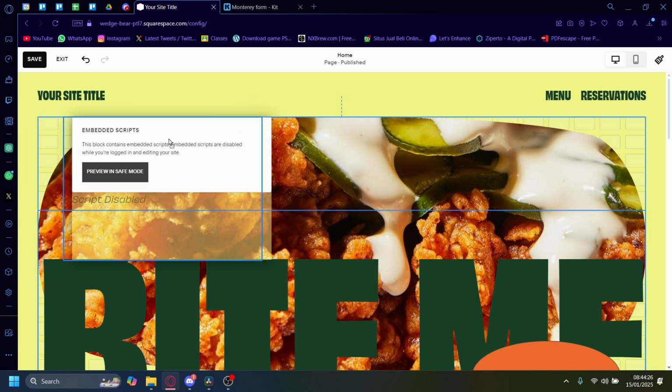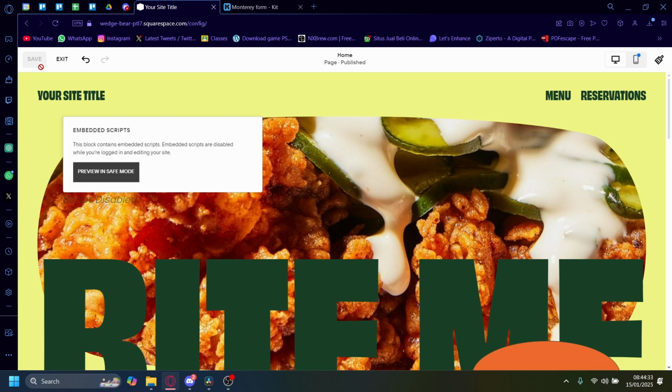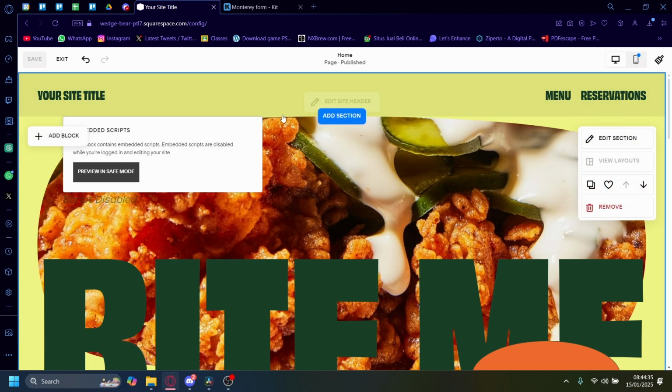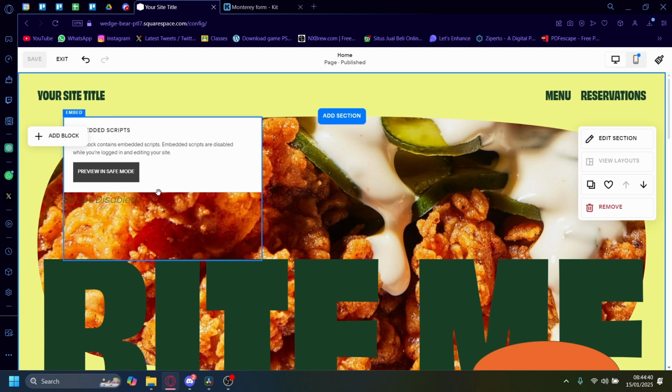Now you can see right now it says script disabled because it's logged in and editing to your site. So you will have to publish your Squarespace website first. But this script is working and the embed is also working, and your Git and your Squarespace is now interconnected